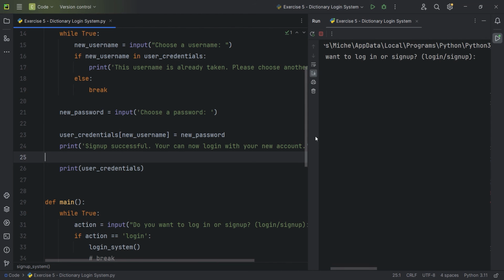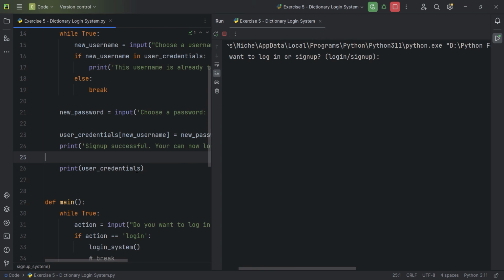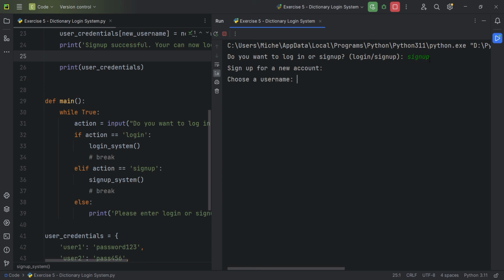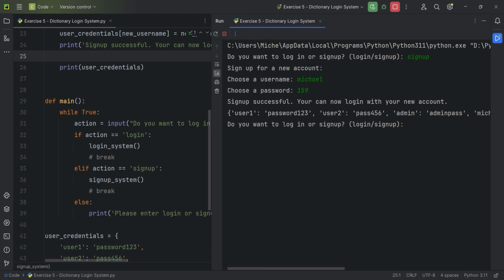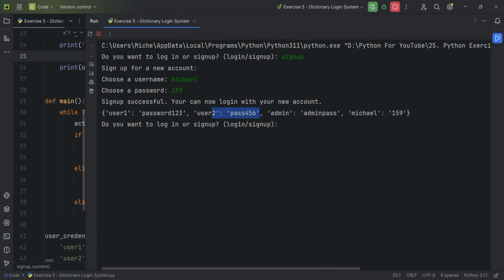Right click and run. Do you want to log in or do you want to sign up? Okay, there we go. I was like, wait, I did not put that. That's not really professional. So anyways, sign up, boom, sign up to your new account, choose your username, again Michael, Michael 159, hit enter, successfully signed up. So as you can see, we have user1, password 123, user2, pass456, admin, and